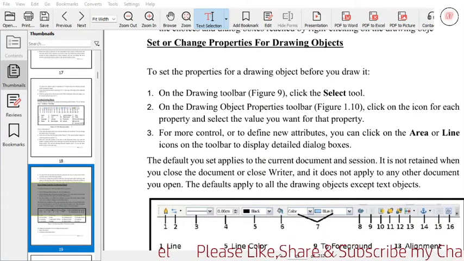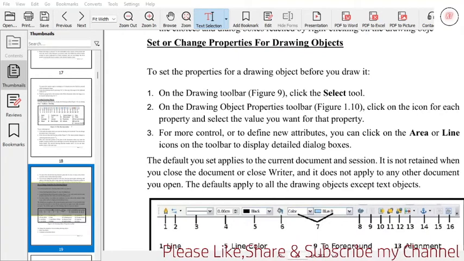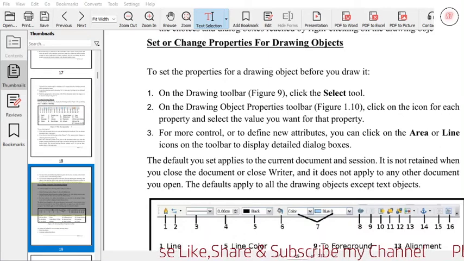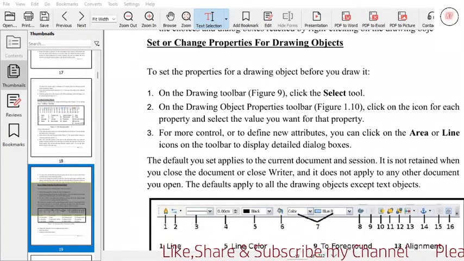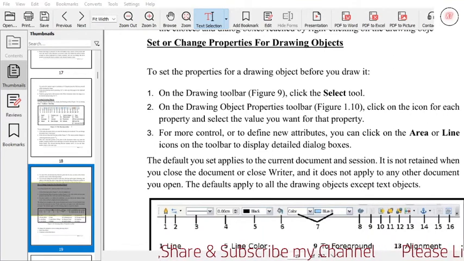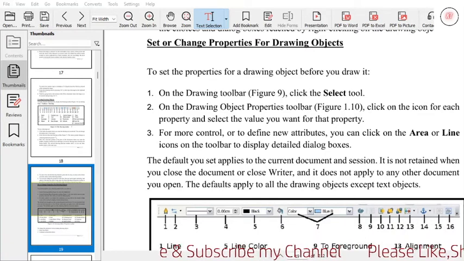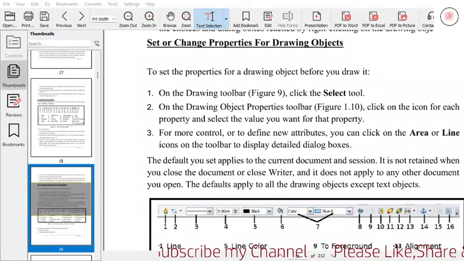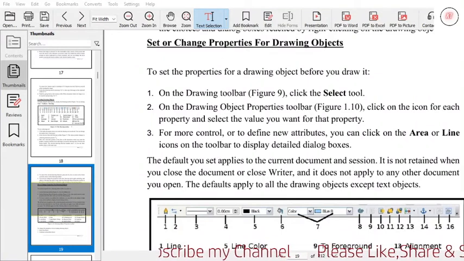For more control or to define new attributes, you can click on the area or line icon on the toolbar to display a detailed dialog box. The defaults you set apply to the current document and session. They are not retained when you close the document or close Writer and do not apply to any other documents you open.